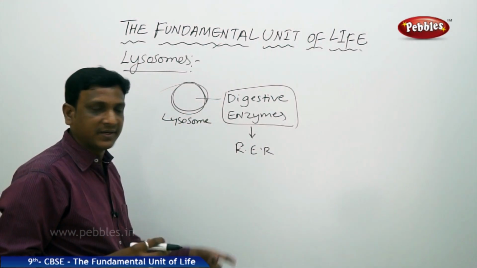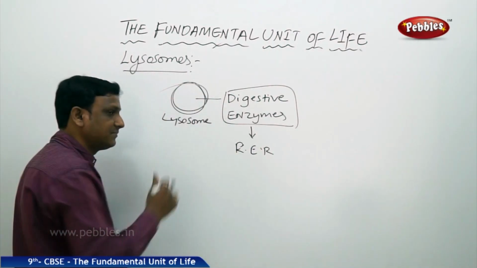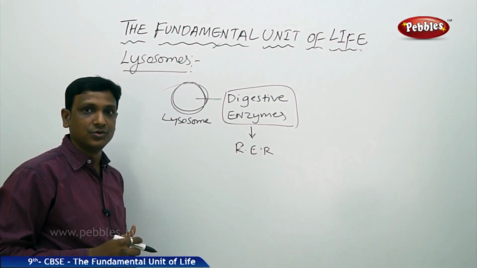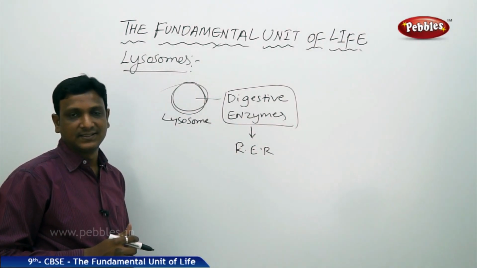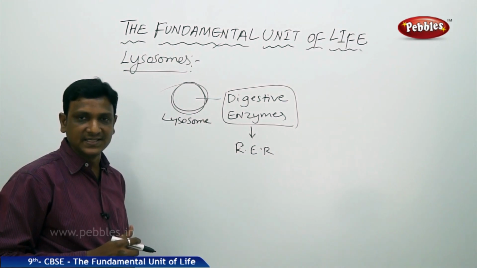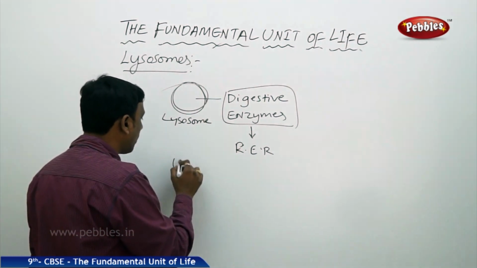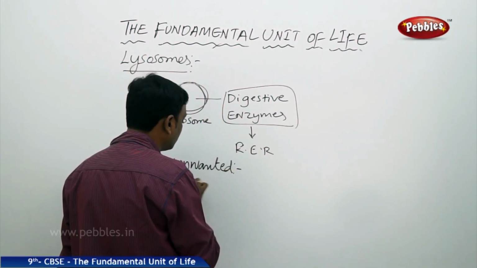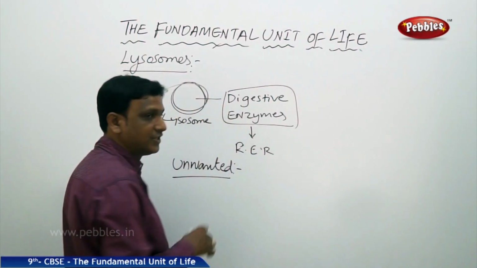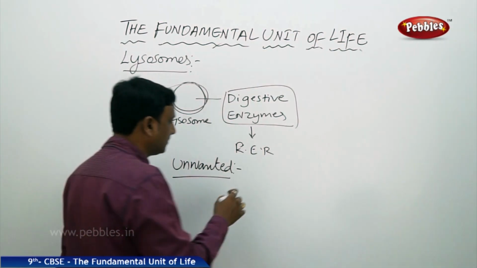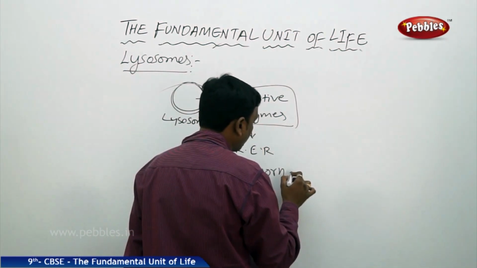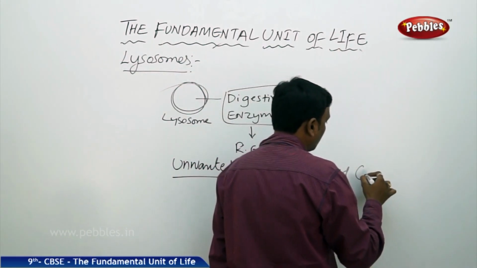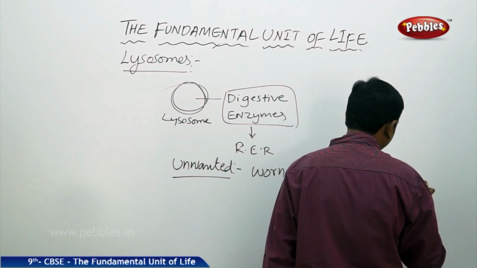So why is the Golgi apparatus making these lysosomes with digestive enzymes? What is their function? The main function of these lysosomes is to digest the unwanted materials inside the cell. What are these unwanted materials? What does the term unwanted refer to in this situation? In this circumstance, they are worn or damaged cell organelles,